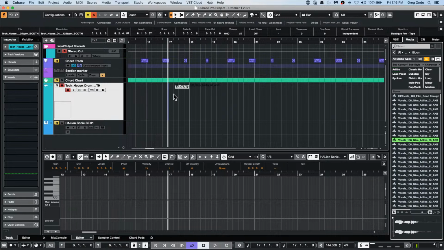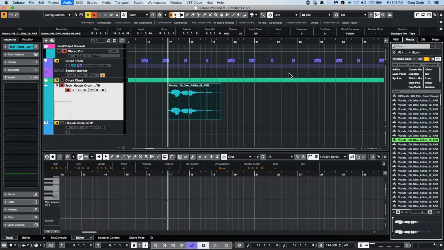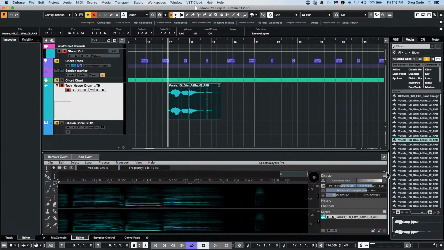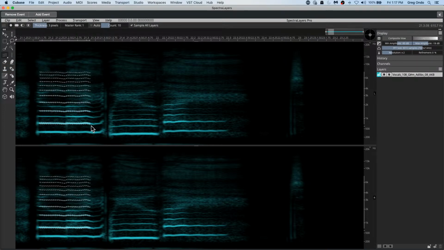So let's take a look at this and let's go to Spectral Layers. So I'll just go to my extensions, to Spectral Layers. And if you have the Pro version, you're going to have the ability to, let's come over here. So we could pretty clearly see the harmonic overtone series where we see the fundamental and then first, second, third, fourth, fifth order harmonics. So I think if we just wanted to go here, we could actually just select harmonic selection. So at this point, we could just take a particular phrase, and then if you wanted to make a new layer based on just a harmonic selection, you could do that,